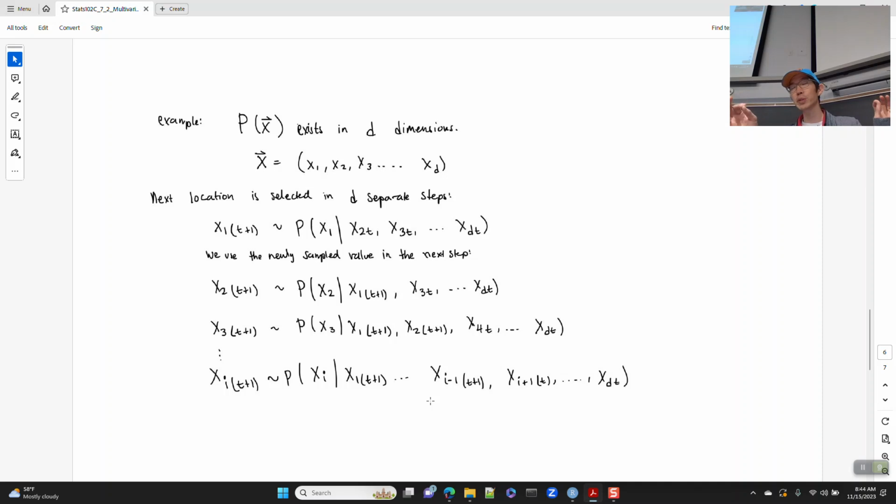As we progress through it, we take our most recently sampled values, we plug those in and hold those constant. Values that we haven't sampled yet, we use the last iteration's values,